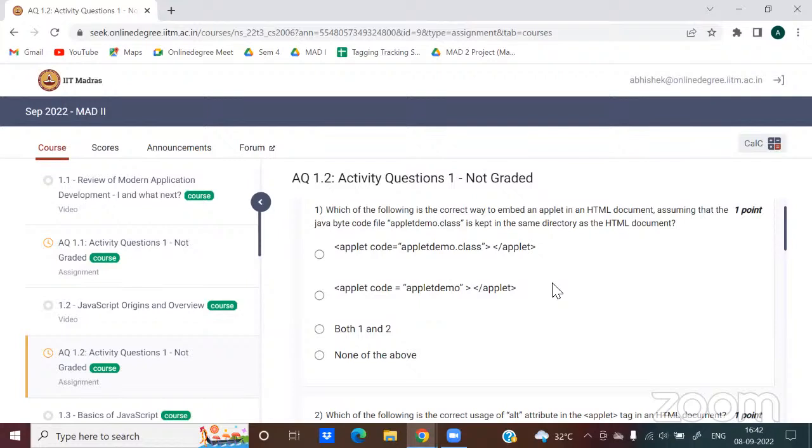It is a Java program, and you will have to embed that Java program in your HTML file. Now, how can you embed that? Using the applet tag that is given in the first two options. The applet tag was supposed to be used in order to embed. Now, the reference that should be provided to the code attribute of this applet tag is to be the compiled